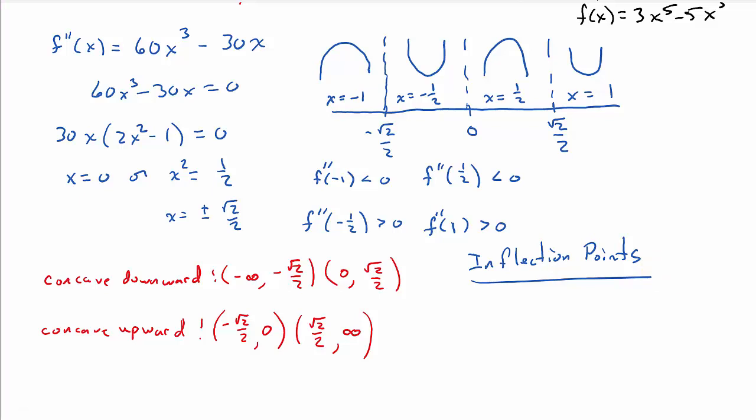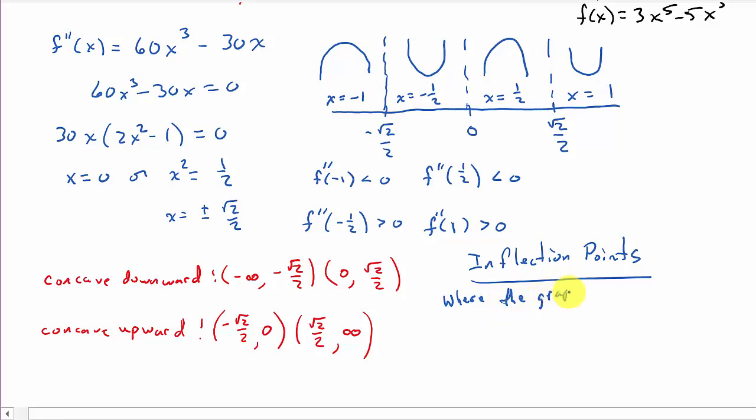All right, so the inflection point, or inflection points, that's where the graph changes concavity. Okay, so that's what we're looking for, where it changes concavity. Well, you can see it changes concavity at negative square root of 2 over 2, 0, and square root of 2 over 2. Okay, so that gives us inflection points at